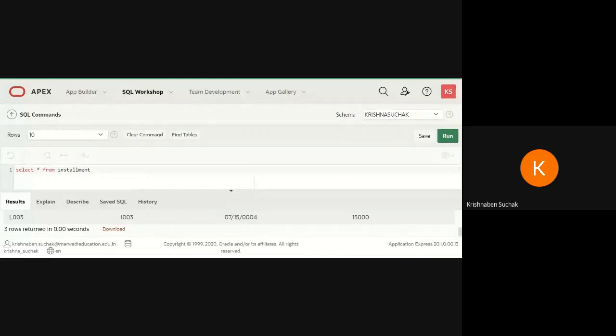Okay. So now here what I am writing, update installment set amount equals to amount plus 5,000 where my question is where loan number is L003 and L004.